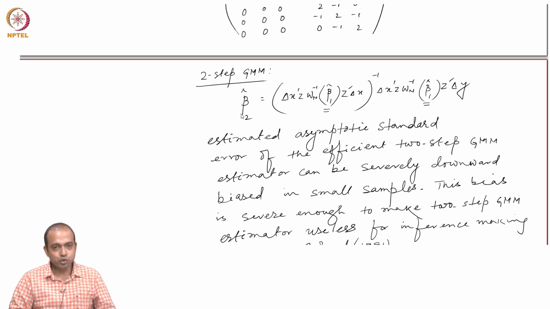So, that is why two-step GMM estimators are preferable compared to one step because of this consistency gain, but this is the cost. That is why some researchers prefer to report both one-step as well as two-step GMM estimators, to show how much bias we are getting in the standard error of beta 1 hat, and then we try to implement that Windmeijer correction to correct for that downward bias.